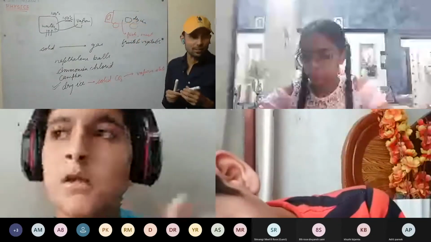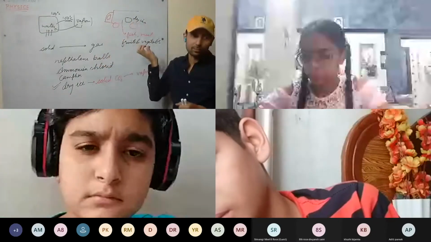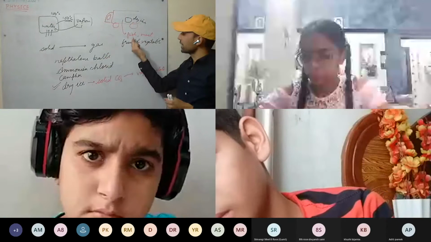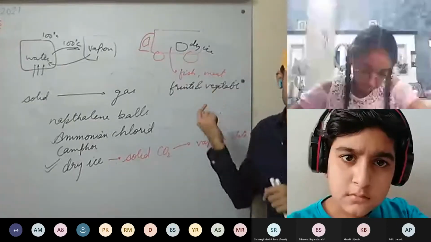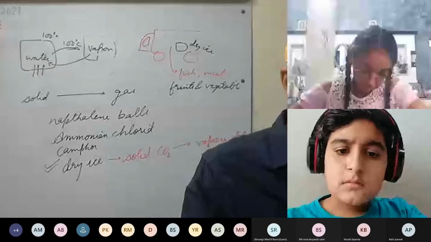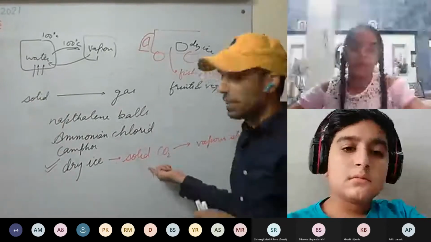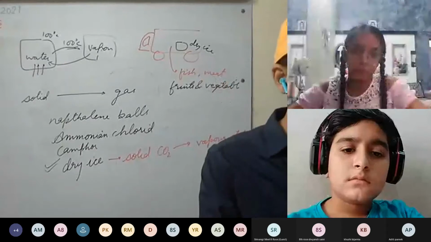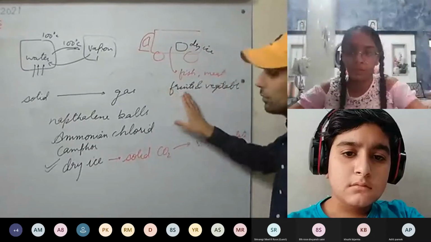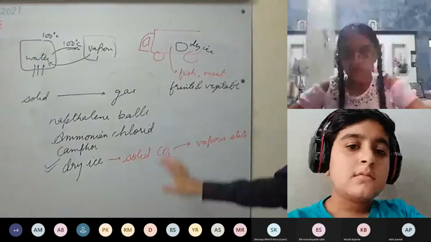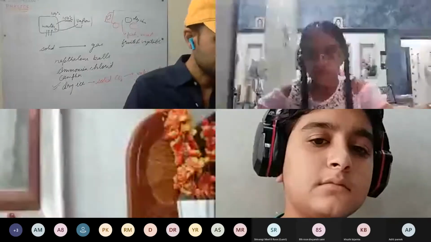Now this dry ice within the truck, what will it do? It will take away the heat from the surroundings and cool these items, fish, meat, and so on, so their decomposition is reduced. So we can preserve them. So dry ice is used as a refrigerant during transportation of perishable food items such as meat products, fish, fruits, vegetables, etc. Understood this one? Yes, sir.